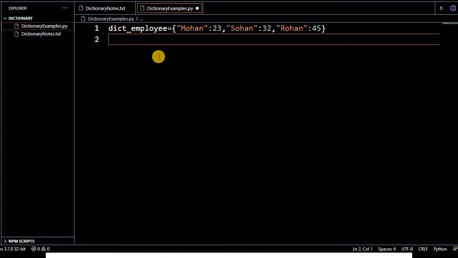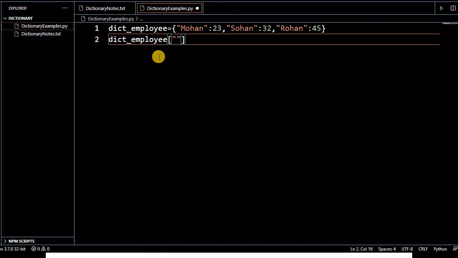Now let's suppose I need the age of Sohan. How to access the particular value? There are two ways to access this. First, you write the dictionary name, and then provide the key, like Sohan.